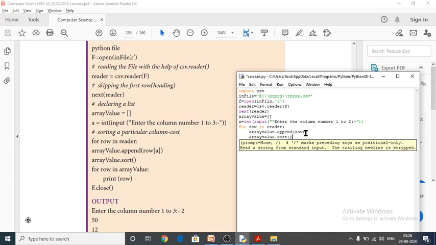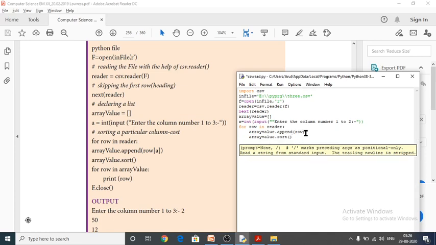Okay, so next again I have to use another for, for row in array value.